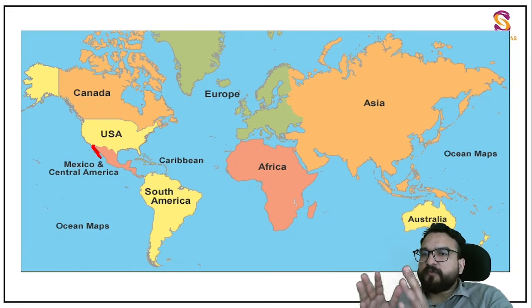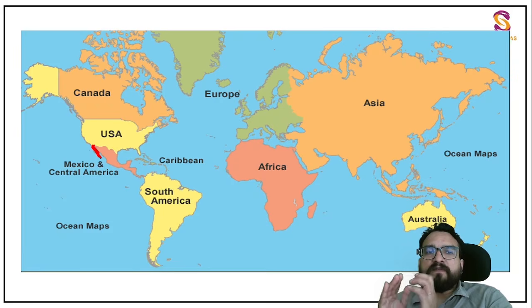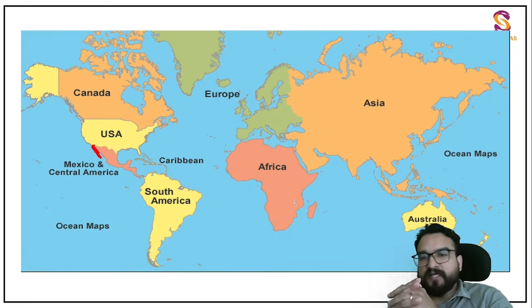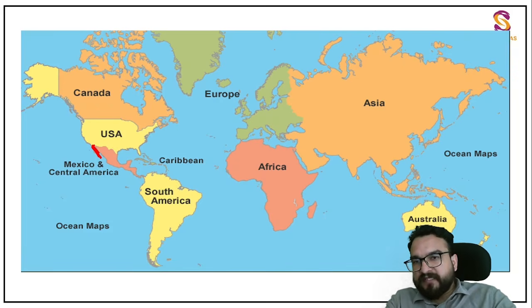Thank you so much for this lecture. Now we'll be meeting in the next lecture, where I'll be giving it one more layer of physical features: important mountains, Rockies, Appalachians, important rivers, important lakes and important deserts. Okay? Meet you in the next class. Keep revising, guys. Thank you so much.